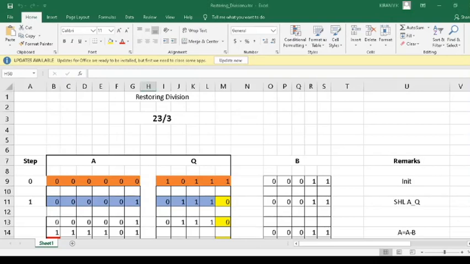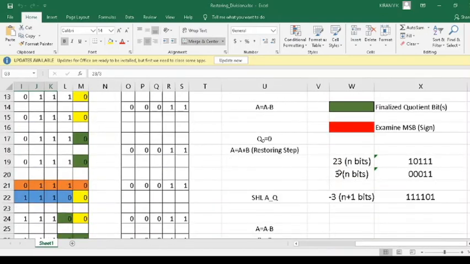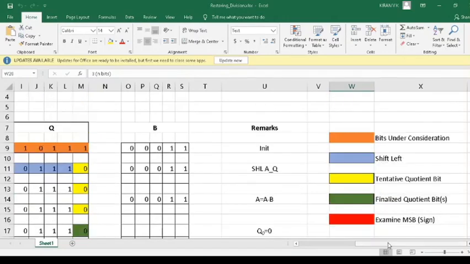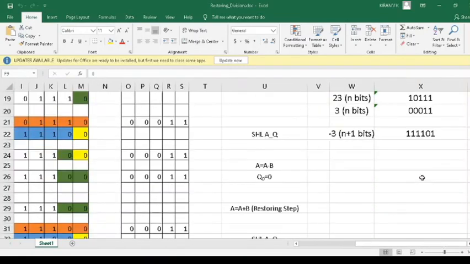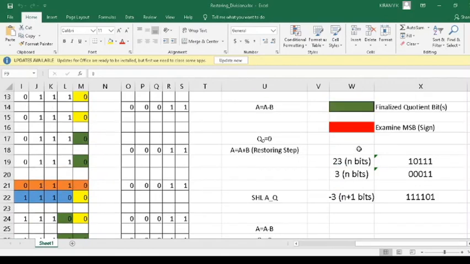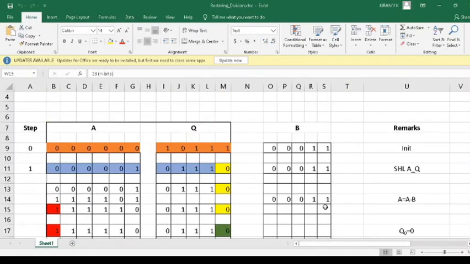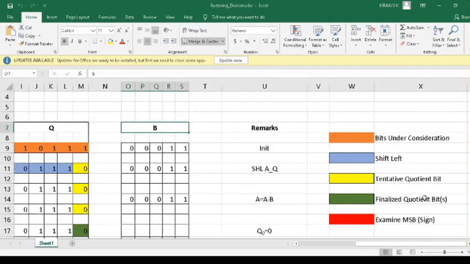So we will see a sample worked out case of restoring division. Our operands here are 23 as dividend and 3 as divisor. So we are going to fix the bits. As I told earlier, the dividend and divisor should have similar bit size, and the A field, which is initially kept as everything 0, should have one bit extra than these two fields. And obviously this dividend goes into Q field, and divisor, that is 3, goes into the B field.